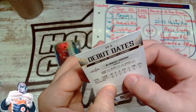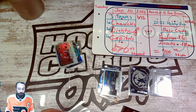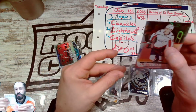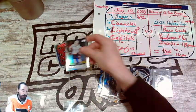So this is kind of like a rookie, but not a Young Guns, I guess. Debut dates. So this is probably his first game, I think. 3rd round pick, and so on. Debut dates from the Capitals. Okay, let's do a final count